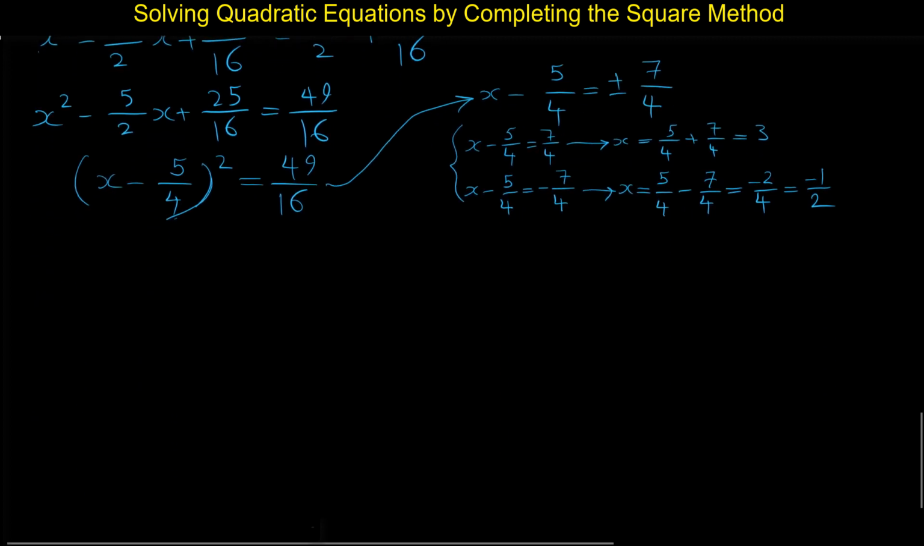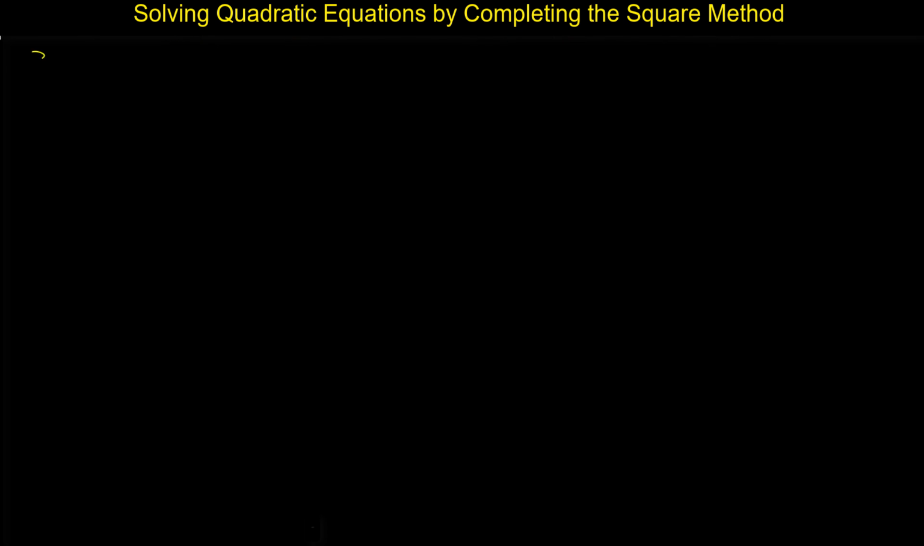Now let's do another example. 3x squared plus 2x minus 16 is 0. Because the coefficient of x squared is not 1, first we divide all the terms by 3. If we divide every term by 3, these 3 and these 3 cancel, and so we have